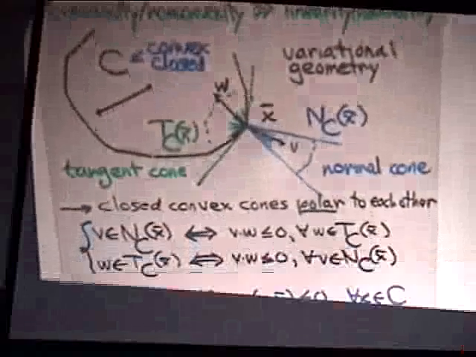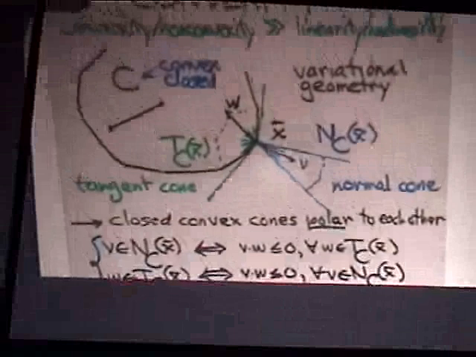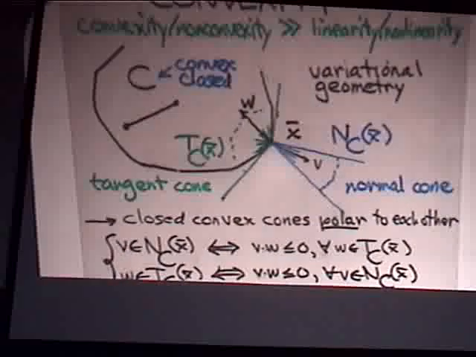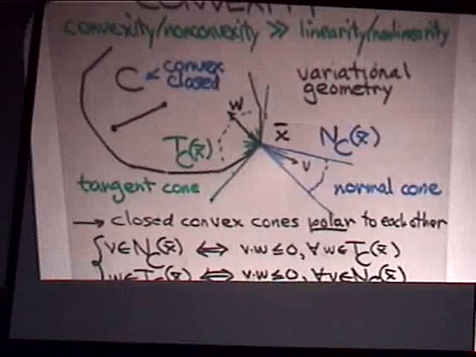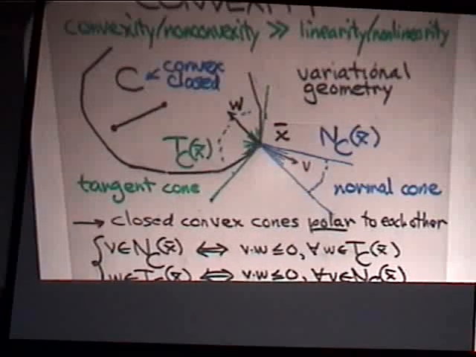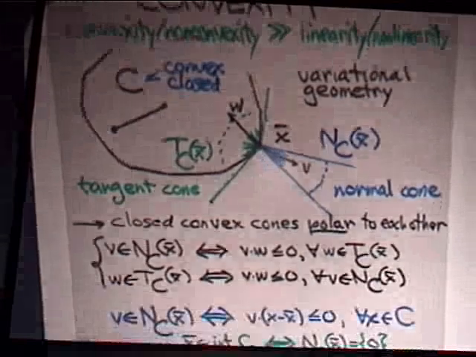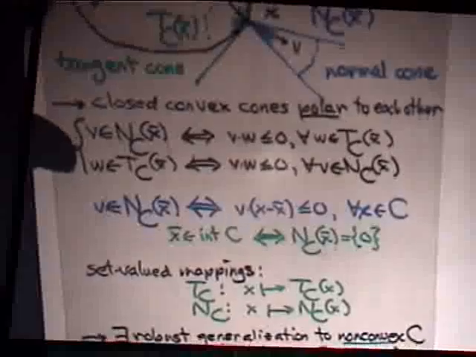Now, I didn't mention what it says here up at the top. It is something I like to say, because it's true. We like to say things that are true, obviously, but so often you hear that in mathematics, the big distinction, especially in applied mathematics, is between linear things and nonlinear things. But in optimization, it's between convex things and non-convex things. For convex things, you have all sorts of special things, and you can use those to approximate non-convex things.